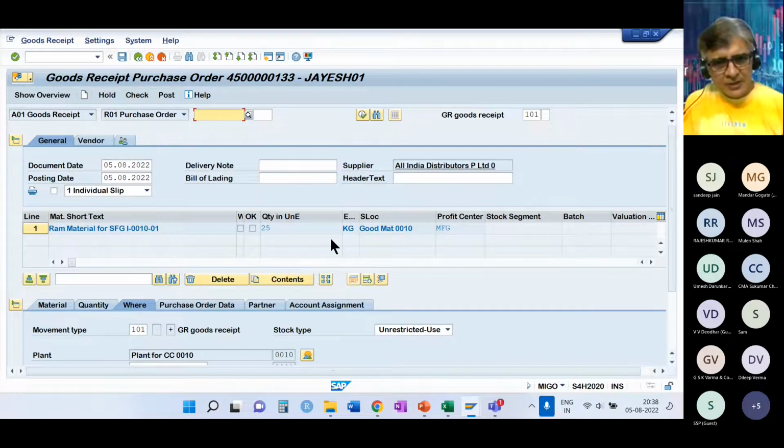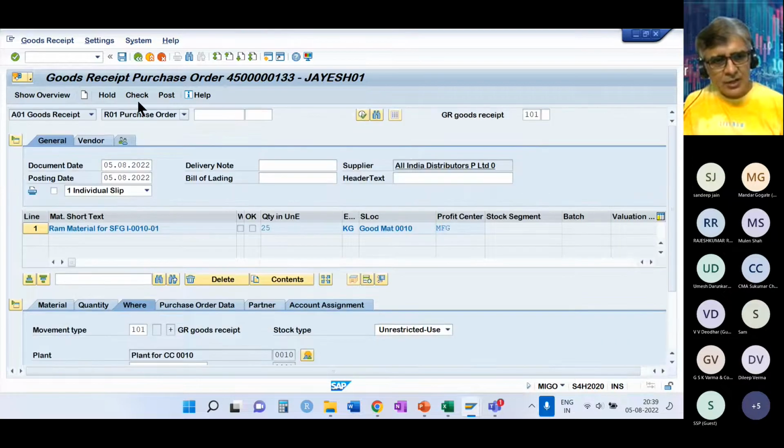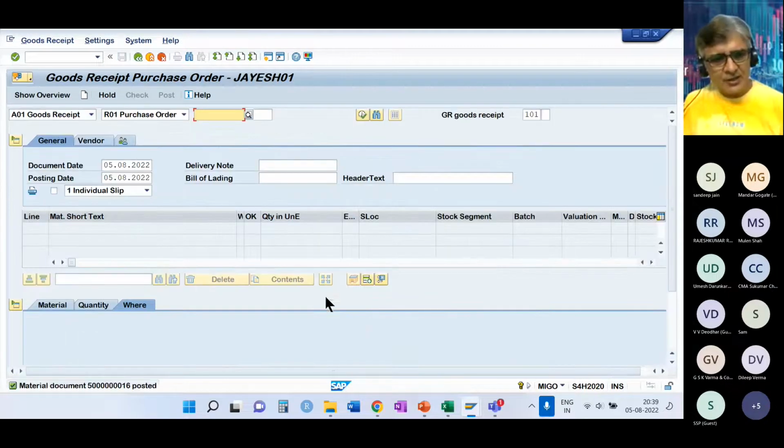And I'll receive this material. So right now I am the warehouse guy and I'm receiving this material in the warehouse. Select item OK. I'll do a check. So it is all OK and I'll post it. I'm not worried about what happens on the accounting side.